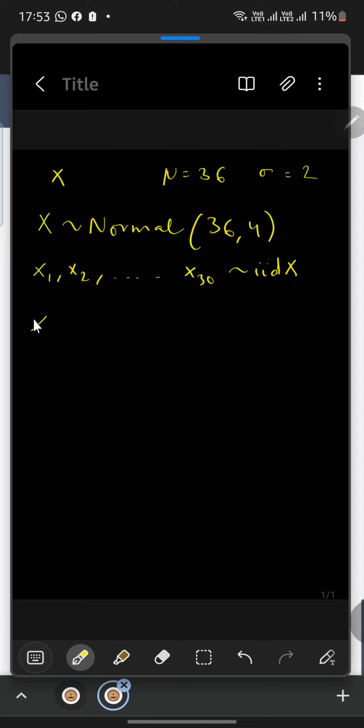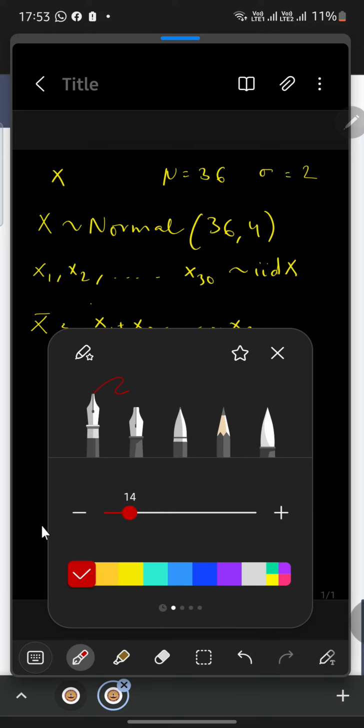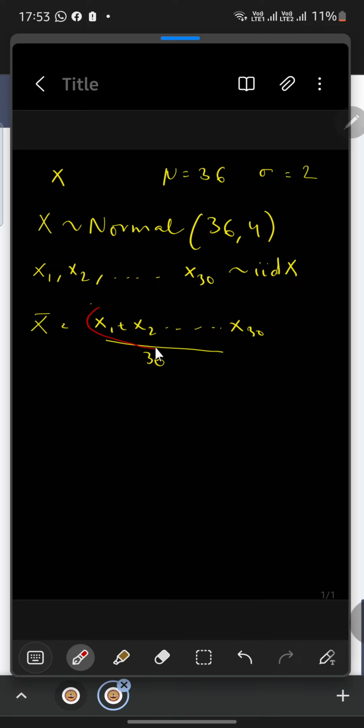So mean speed would be x1 plus x2 up to x30 divided by 30, right? This would be the mean speed, and let us denote this upper part as s. So let us denote this part here as s. Yeah, so to find the probability of mean speed from 34 to 44,